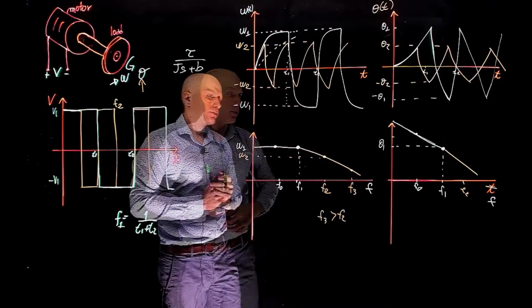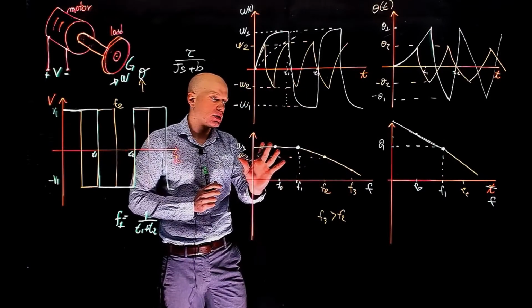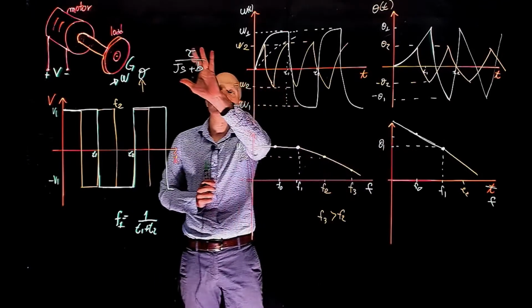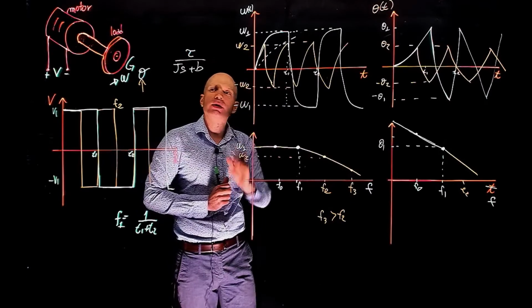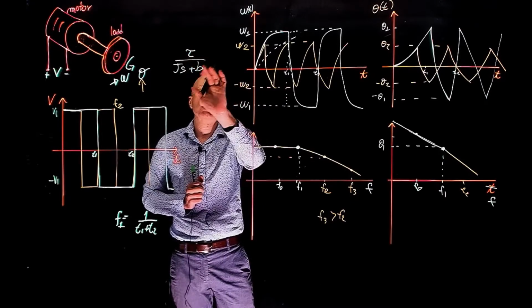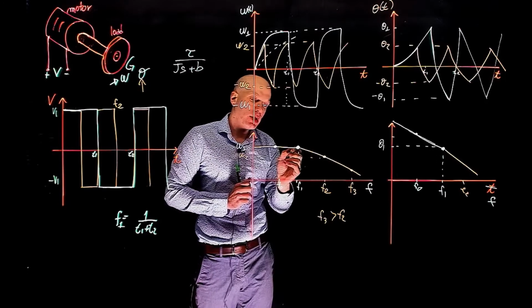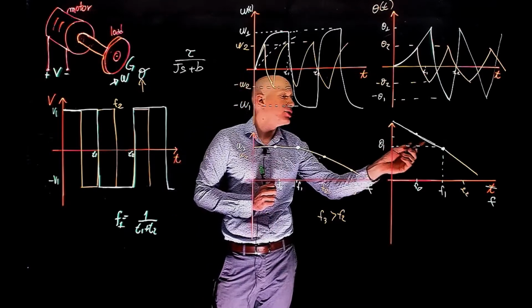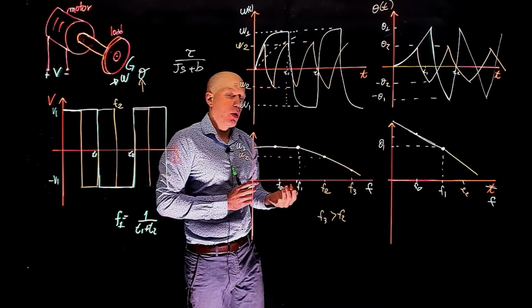Now let's try to compare these two graphs. This is speed, which is taken from this transfer function. This is position, which is taken by integrating this transfer function. Right, the input is torque, the output is the speed. We see here a flat line. We understand why we have a flat line here, whereas here we have this slope that keeps going up. Where is that coming from? Well, here we have